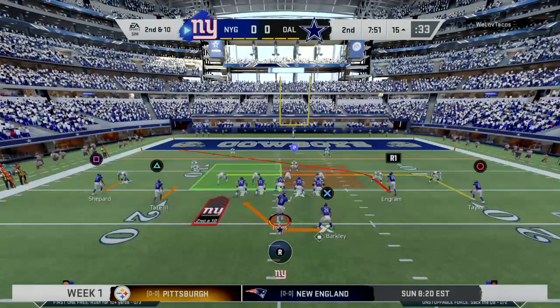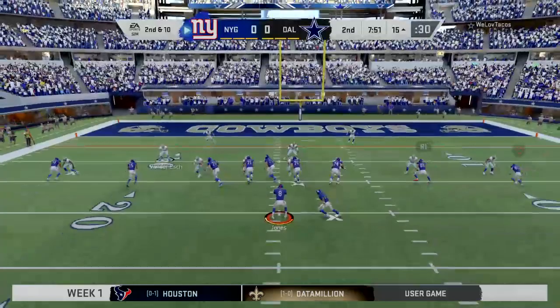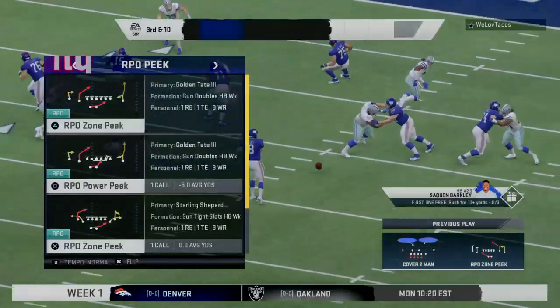And now a throw on 1st down there, but it's incomplete. After the incomplete pass, here now is 2nd and 10. Now a fake on the give here as they try the run-pass option. I know our vantage point might be a little